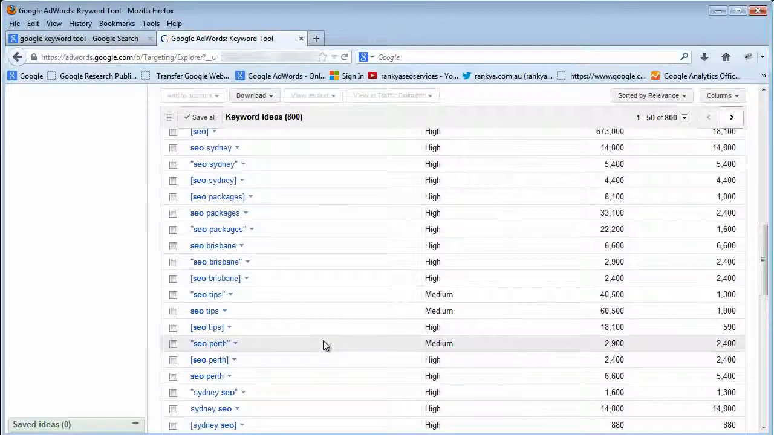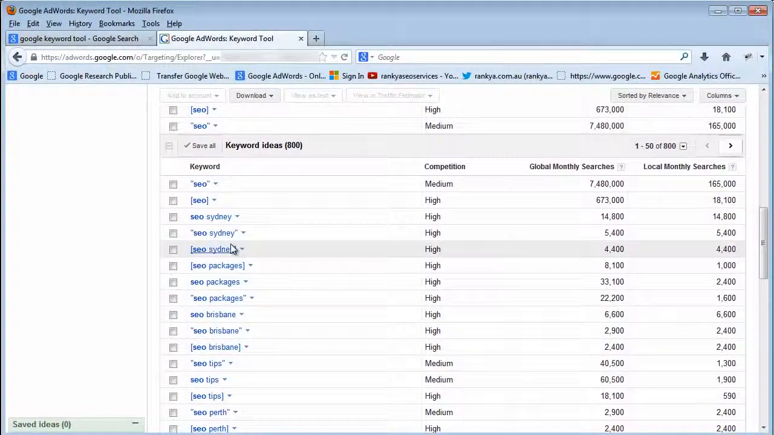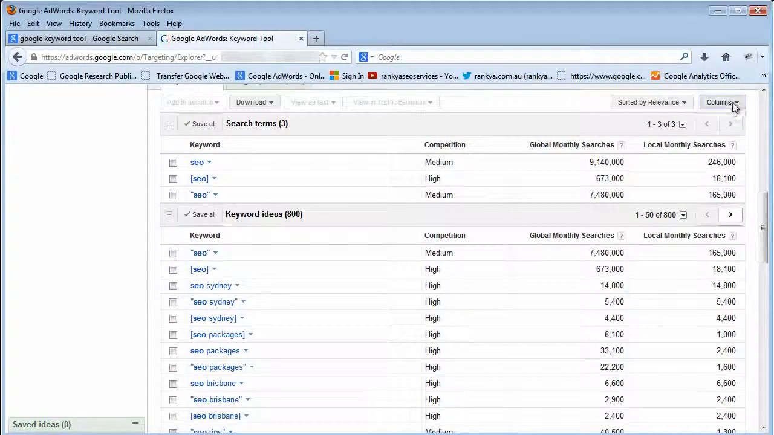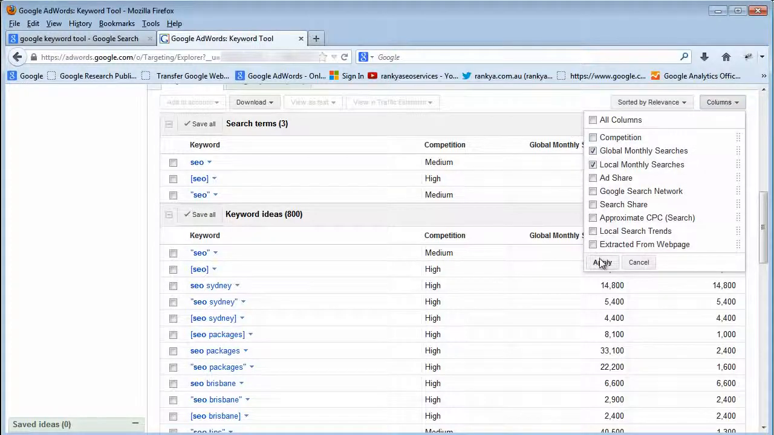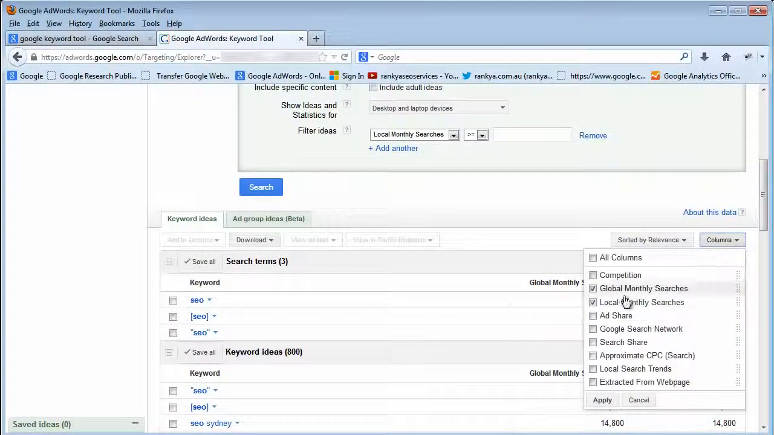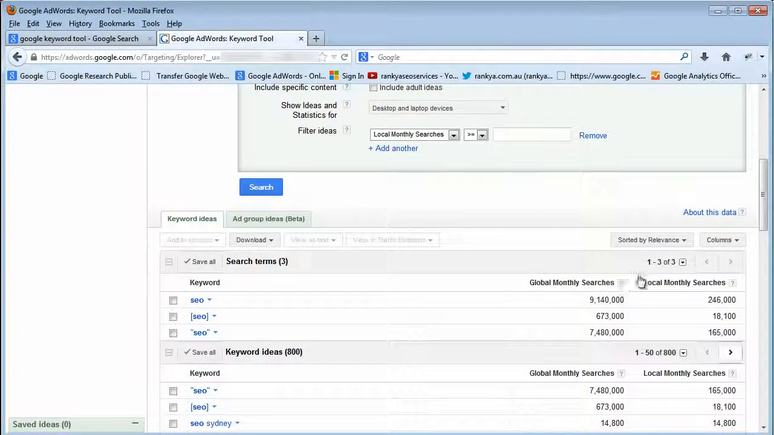You may be interested in, let's say, SEO in Sydney, right? And if you look at that, you say, oh, you know what, it's got too much competition, it's high competition. If that's the case, I'm not going to target this. See, we don't want to do that, right? Because if you do everything right, then you don't have to worry about this here. So let's just take that away, and let's just look at these two, because just yesterday I read a recent